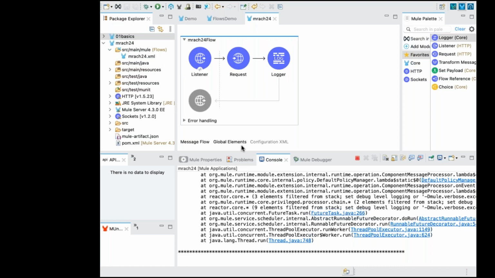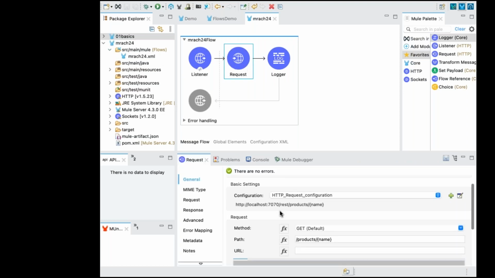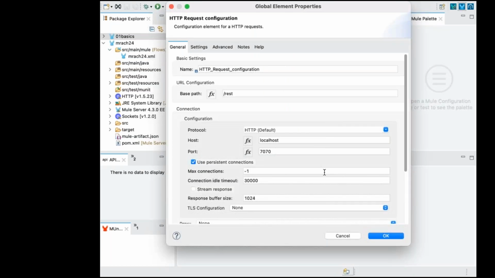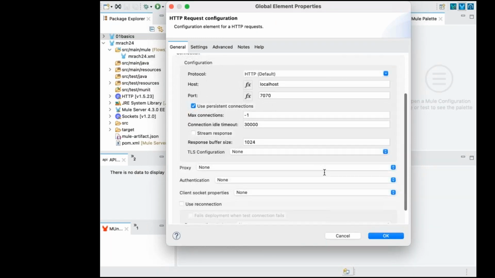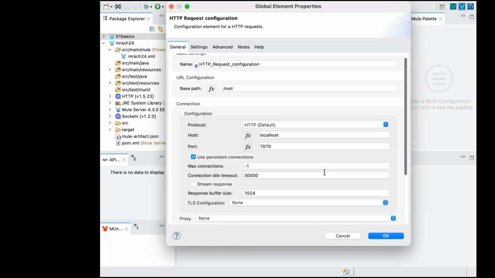Request connector. Click on that request connector. Is it getting paused? Screen is getting paused. No, mine is fine.